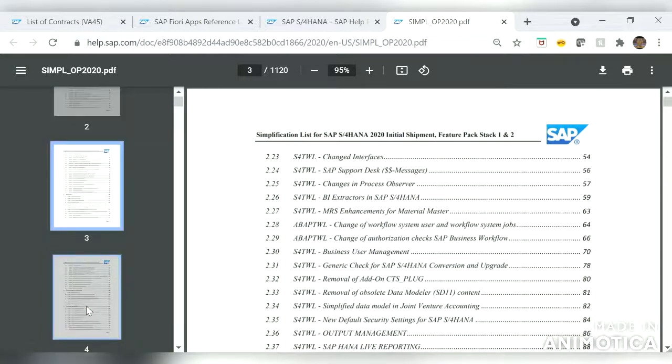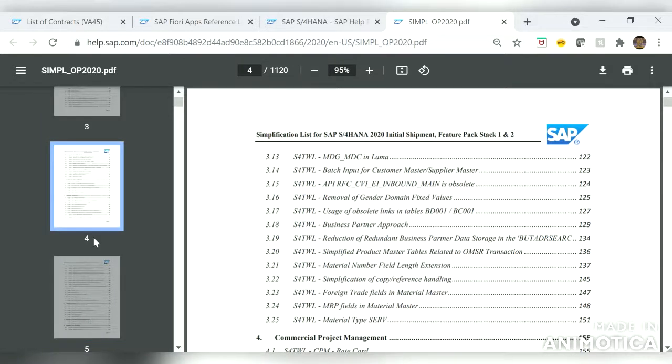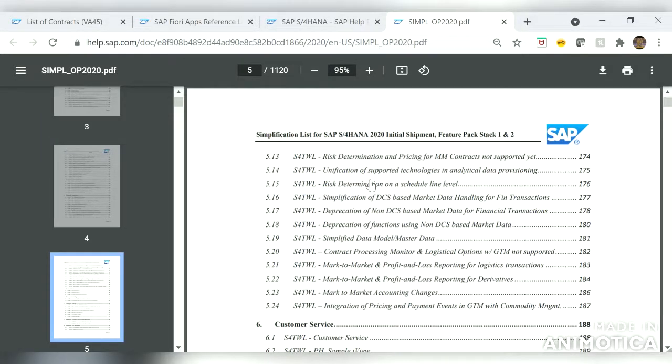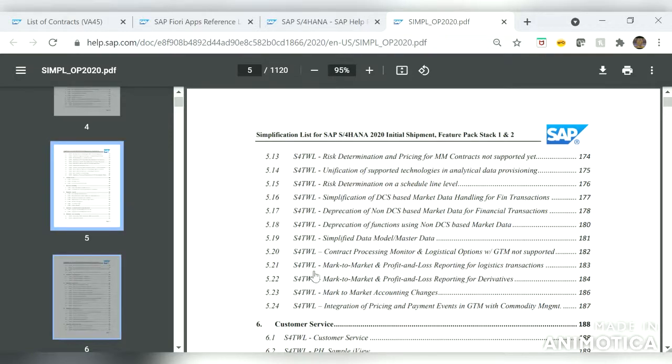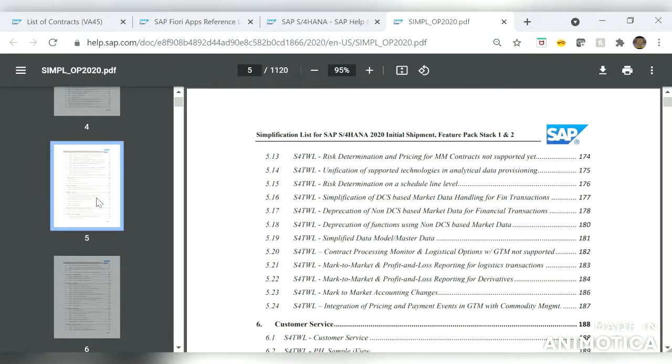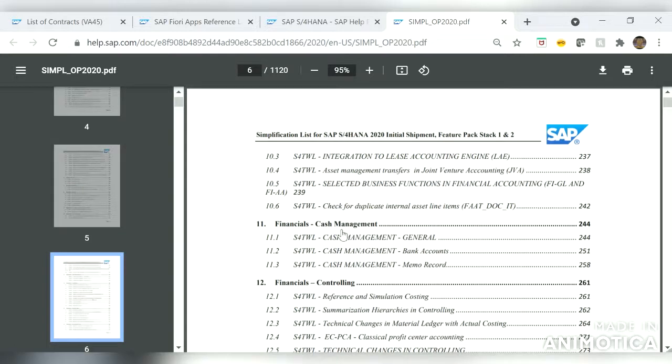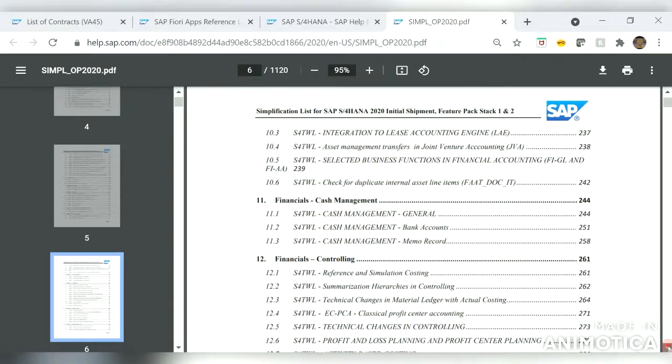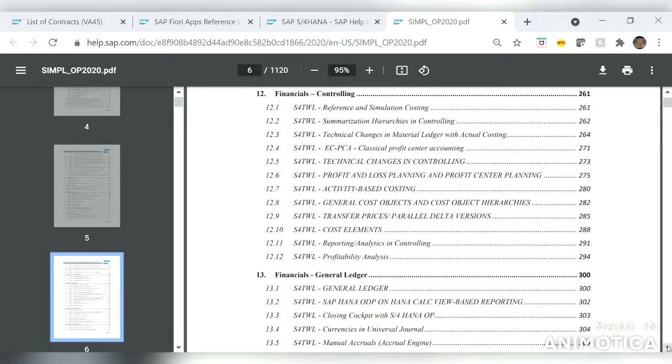If we see the FI part, it will have only a few pages. Cash management is just some 14 pages, and controlling,